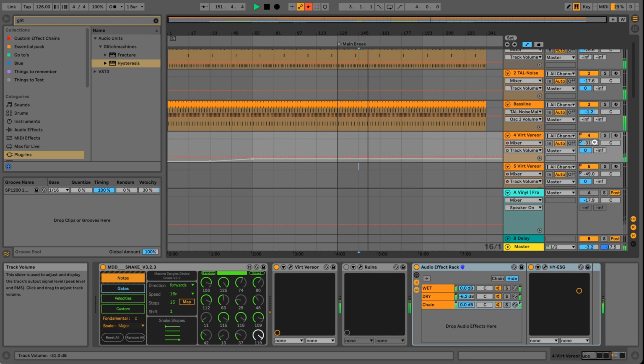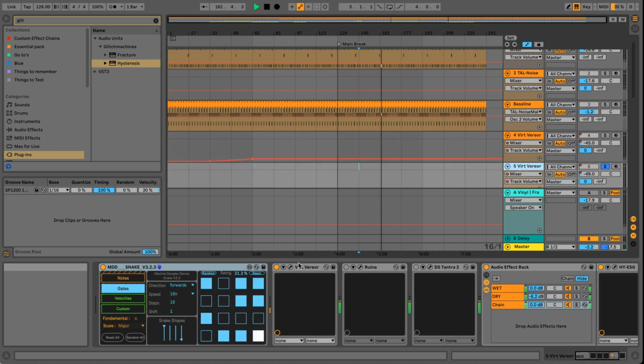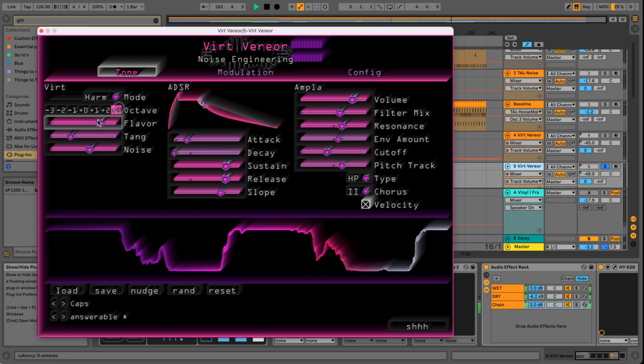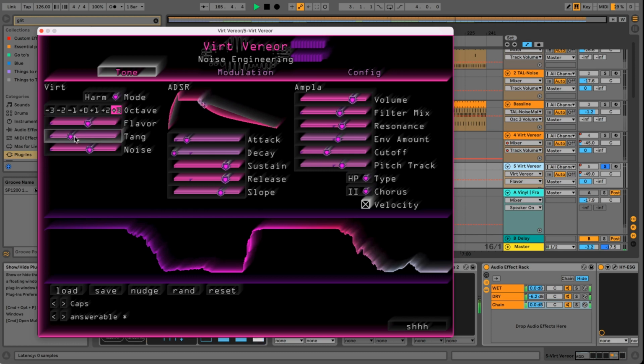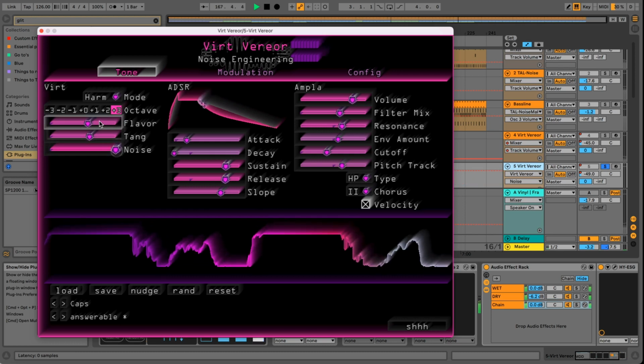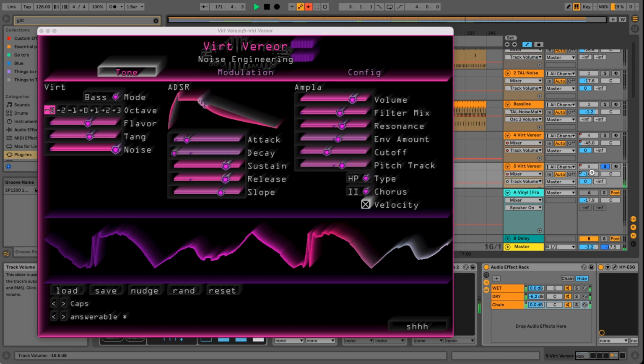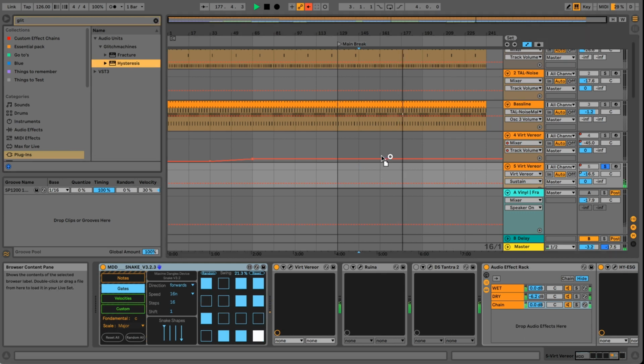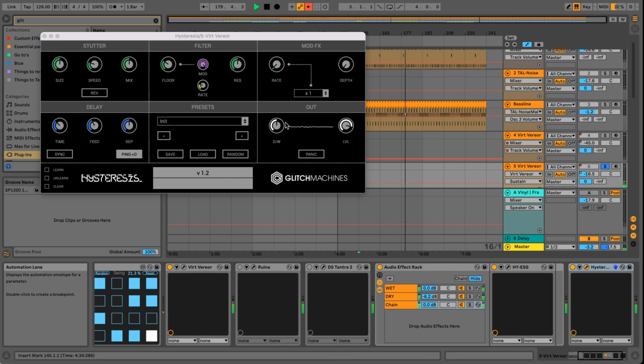You can hear it in the background. Right? Here's another layer. It's great for textures in my opinion. Can make some dirty sounds if you want. What if you put Hysteresis? I don't know, man. After that,